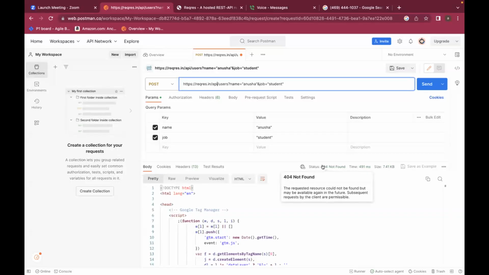Less than 400 means 100 to 399. So for a successful response, your response code will always be less than 400 only. That is 100 to 399, not 101 to 399 or something else. Okay, so 100 to 399 is a successful response.